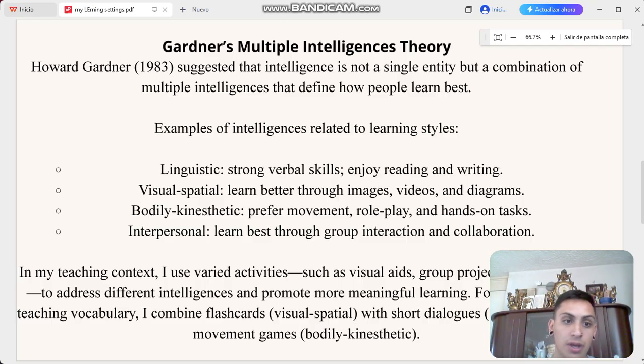Okay, so in my teaching content, I use a lot of activities such as visual aids, group projects, role plays to address different intelligences and promote meaningful learning. So for that, as far as I'm concerned, and in my personal opinion, apart from the authors, this diversity of methods fosters meaningful learning, allowing each student to connect with their preference, and this preference combined with the way they